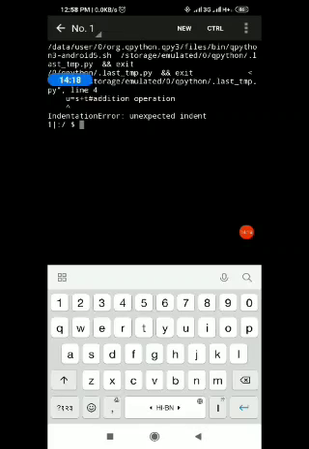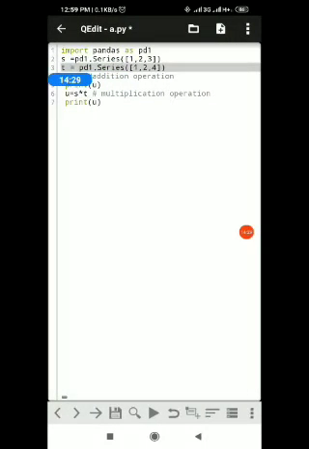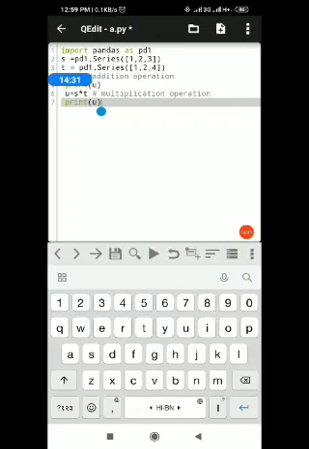Unexpected indent. It is showing unexpected indent. Why is it unexpected indent? Maybe the addition operation.